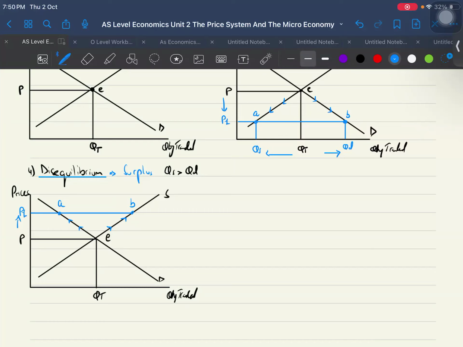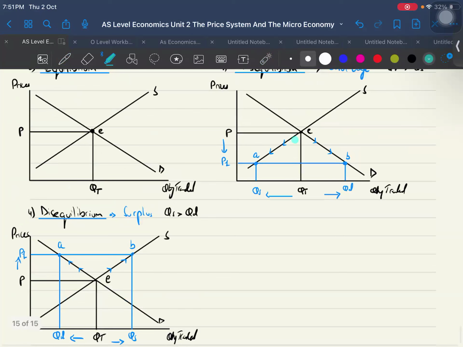Point A shows the interaction between price and demand. So this will be quantity demanded, which will reduce due to a rise of price, as you can see. And point B shows the interaction of price with supply, which shows the quantity supplied is going to increase due to a rise of price. Now here, I'm just going to shade the area of shortage. That's the area of shortage. And that is going to be the area of surplus. I hope that's clear to you guys. Moving forward,